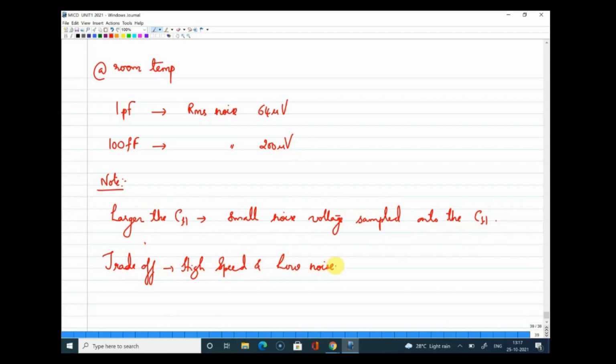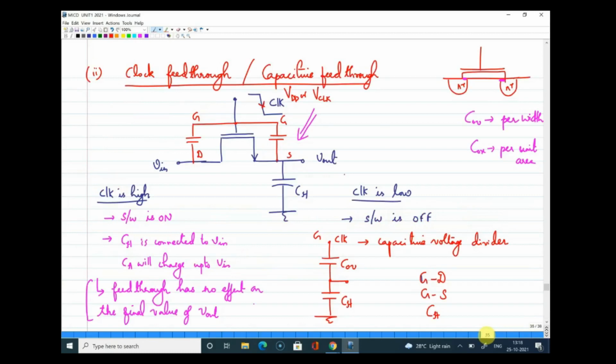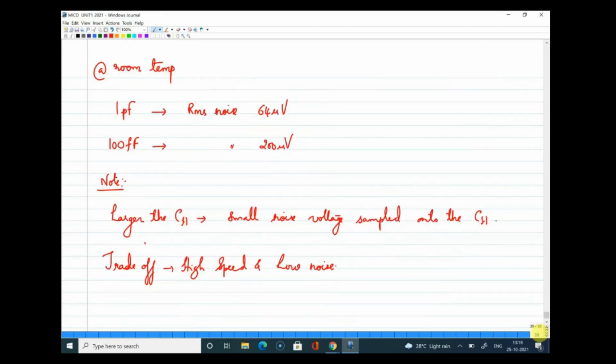All right, so this is our third mechanism under the precision considerations, and it is very important to understand all these three mechanisms. Then only when you see a sampled data output, you can look at the output waveform and comment on what is happening, and how clock feedthrough, charge injection or noise is getting added. All right, is this clear? Can I get some response from you guys?